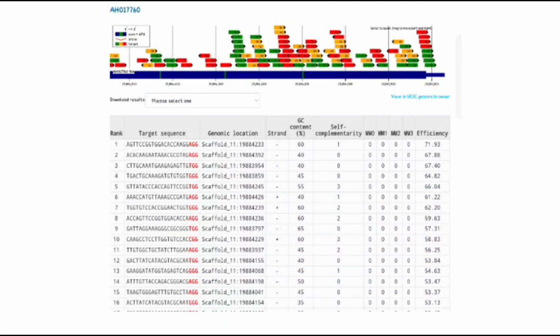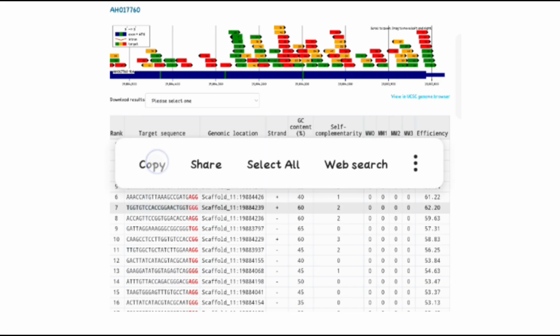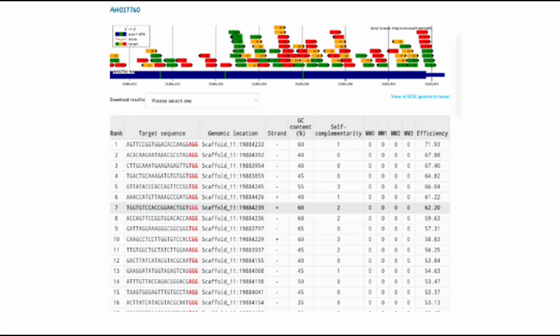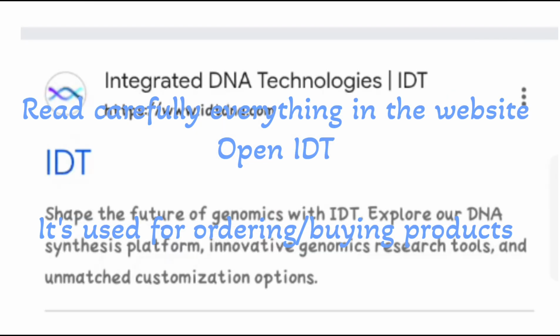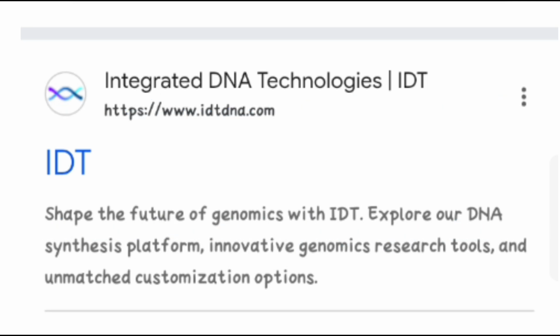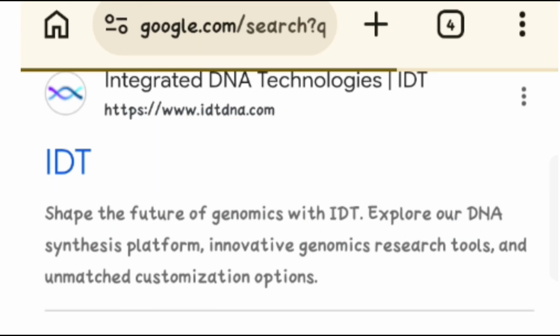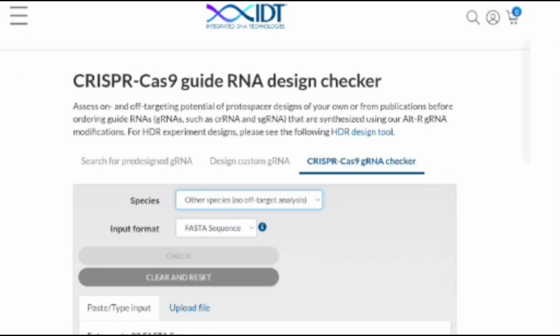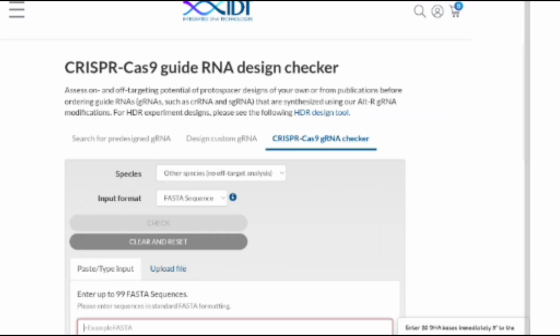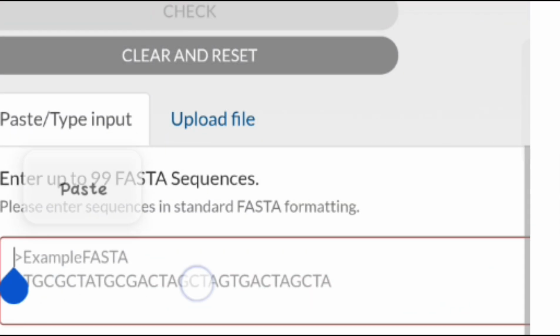We will first select the target sequence from here. For example, I am just copying this target sequence, and after copying the target sequence, we are going to go to the IDT, that is Integrated DNA Technologies. So here in the IDT we have to go to the CRISPR Cas9 guide RNA design checker, and then we have to paste the sequence which we have taken here,